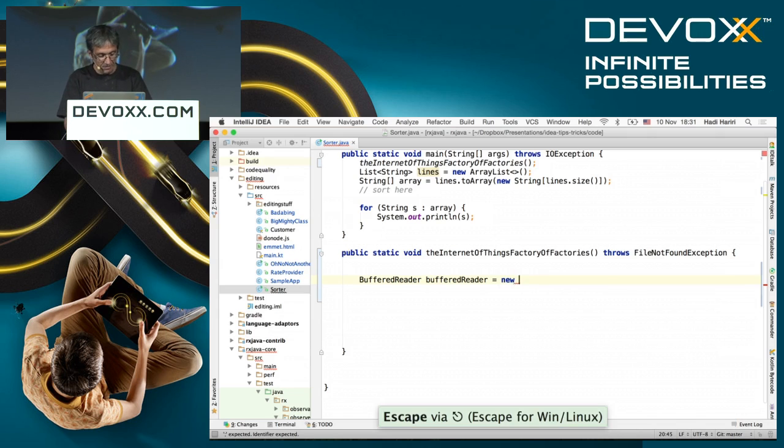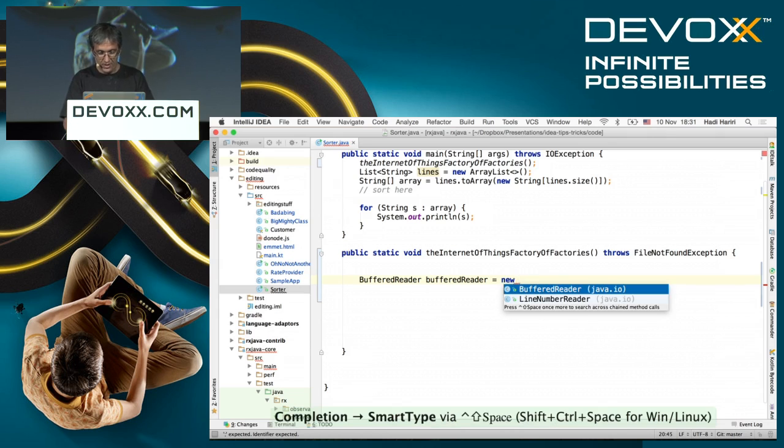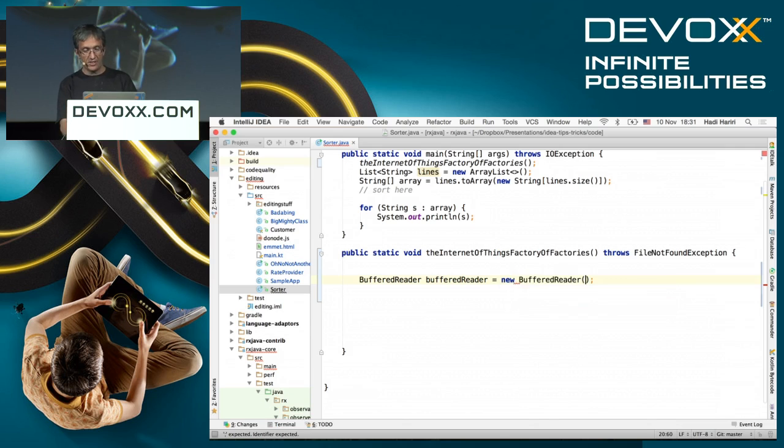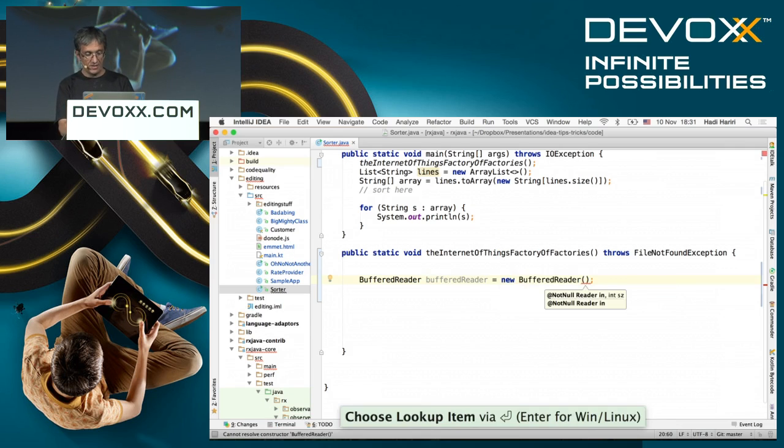So if I press Shift Control space, what I get is smart completion, which is anything that is available to be instantiated there. So I can say buffer reader, and then here I can say parameter info and do, for example, new file reader, and then here I can write some text and whatever.